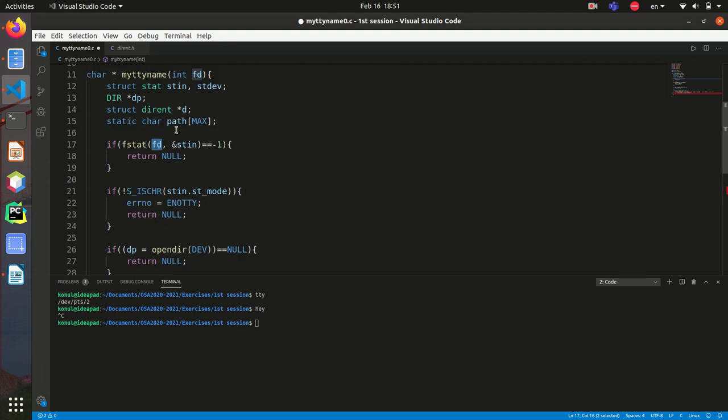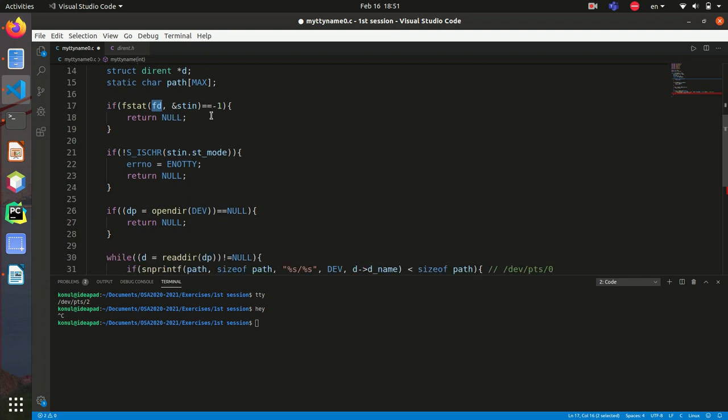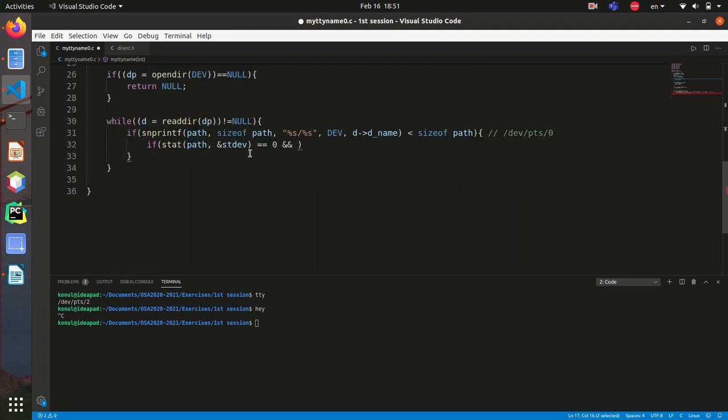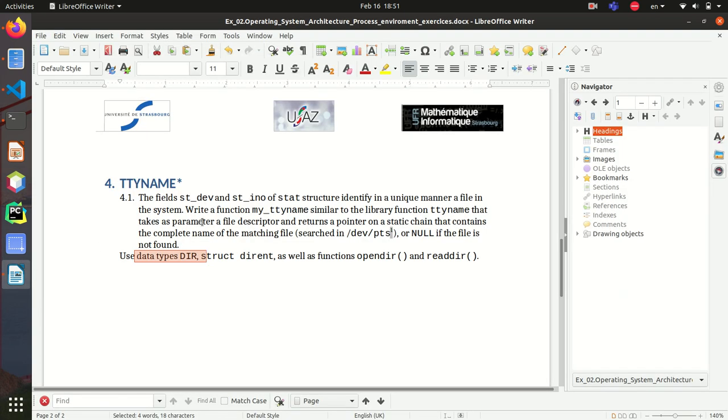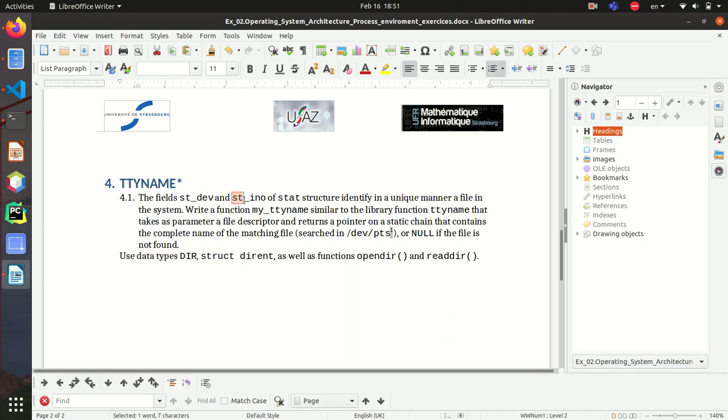So those structs, stdin and stdev, are already filled with data. We need to check if those two structs are identical or not,